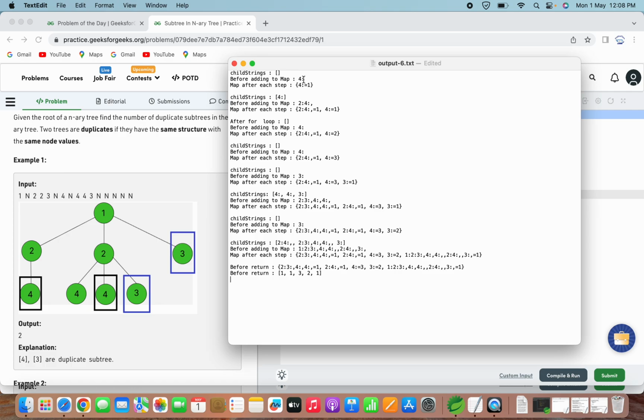So I will just write what is the value that is going to be added to the map. Okay, so to construct the subtree string, we can start by appending the value of the node followed by a colon. Then we can append the subtree strings of all the children separated by a comma. We will sort the string of the child before appending